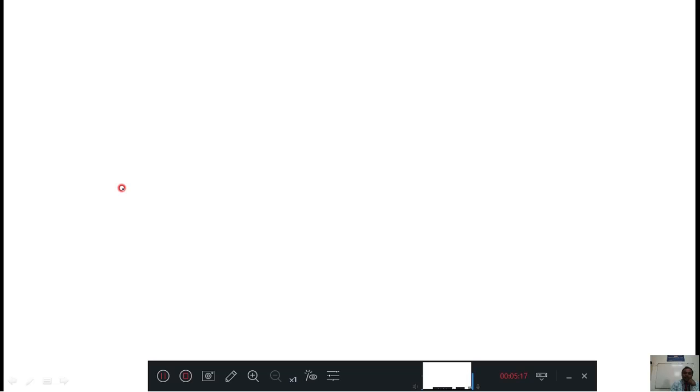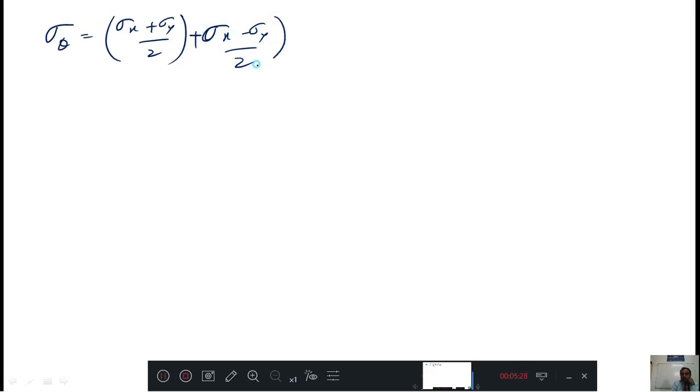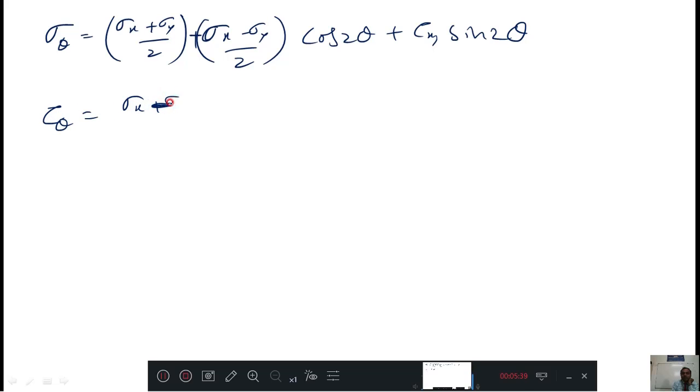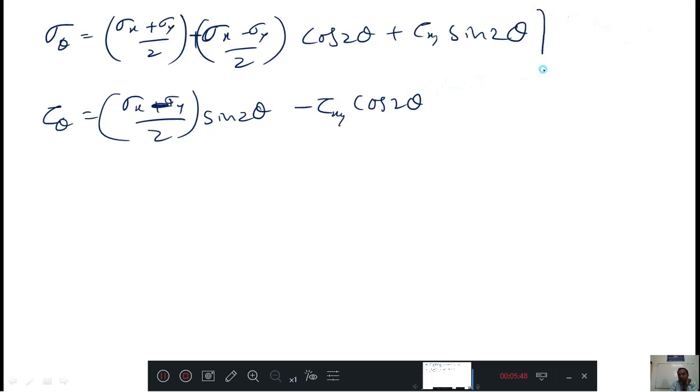Now the question is, in this equation: sigma theta equals (sigma x plus sigma y) by 2, plus (sigma x minus sigma y) by 2 cos 2 theta, plus tau xy sin 2 theta. Then tau theta equals (sigma x minus sigma y) by 2 sin 2 theta minus tau xy cos 2 theta. In these two equations, for a